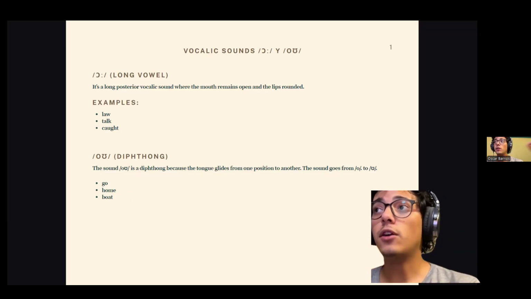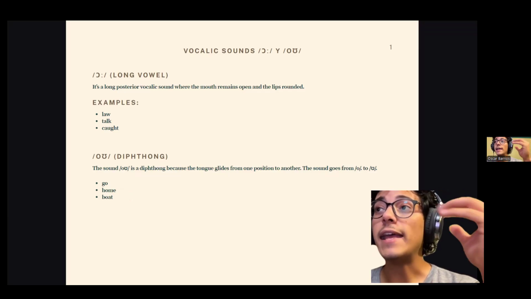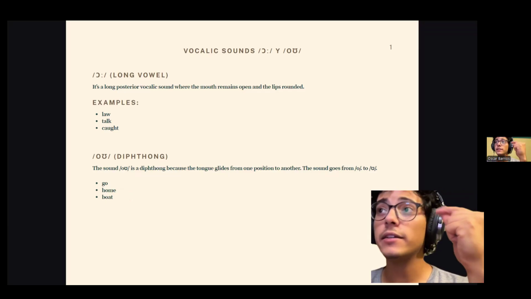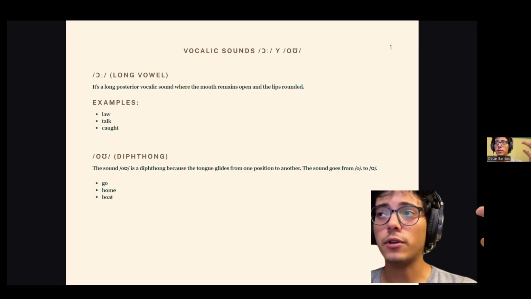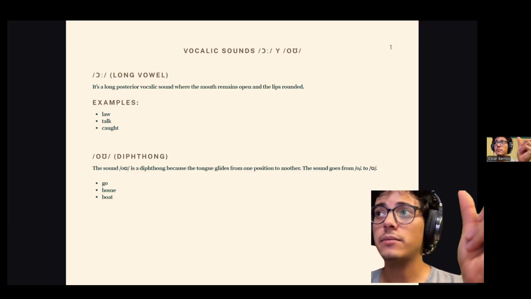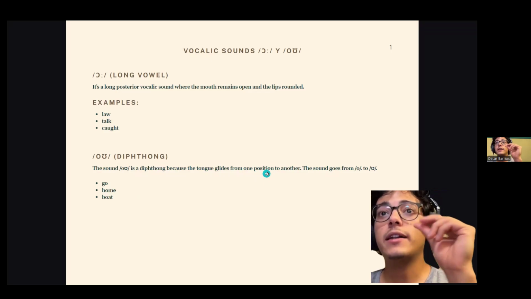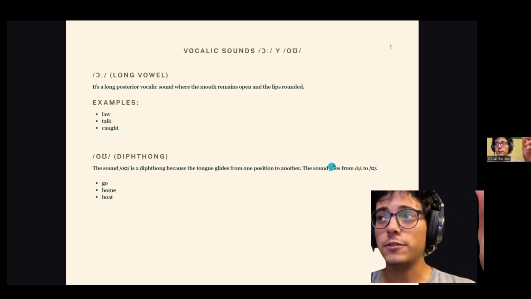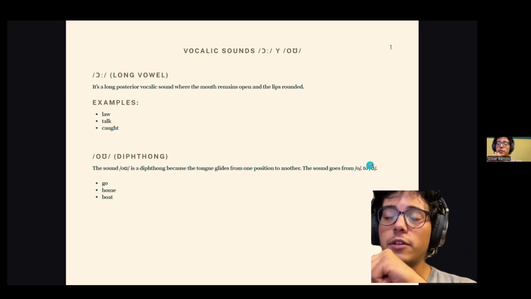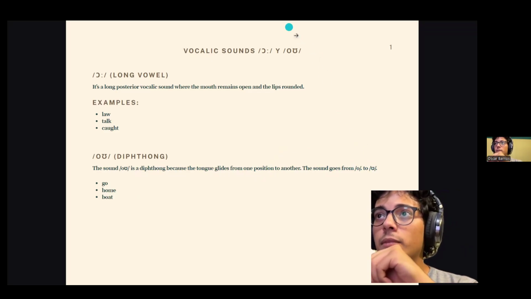In a day-to-day conversation, these words will sound something more like go, home, boat. It's the same thing, but more natural and more blended, probably, with other words in the sentence. Now, that is all for vocalic sounds. Let's move on to the second topic at hand, which is